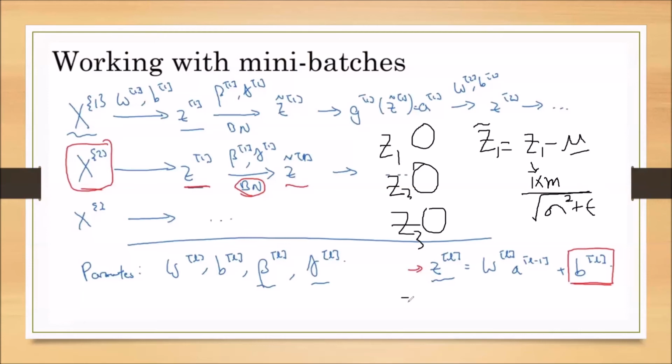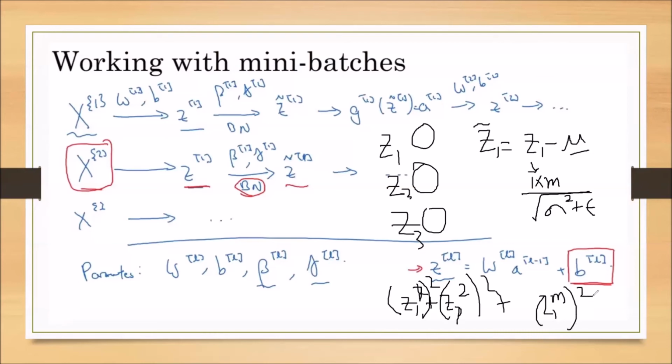Again, we are taking the Z1 for the first training sample and squaring it, and we are taking the Z2 for the second training sample. Z1 for the first training sample, Z1 superscript 1, second training sample, Z1 superscript 2. So we are doing the square for it, and we are performing the square for Z1 superscript M.